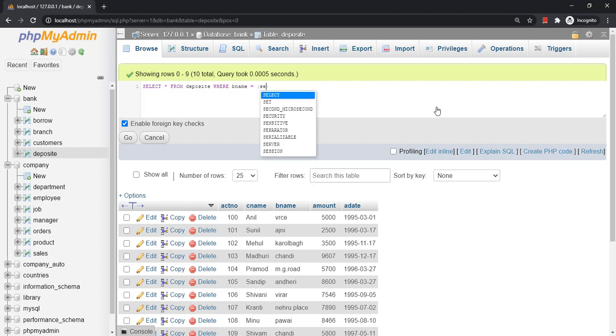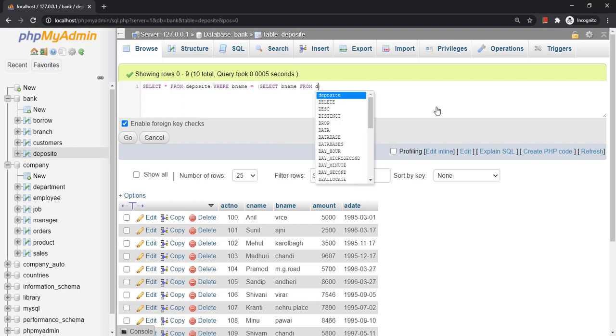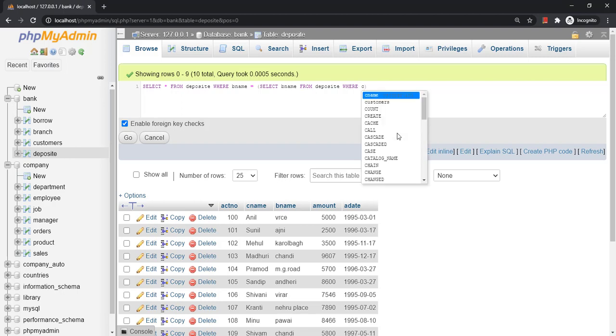So, that will be select B name from deposit where C name equals Madhuri. This particular query is going to find out the branch name of Madhuri, that will be compared with this B name, and that will be a filtering condition for select star from deposit table. Now let us see the result of this.